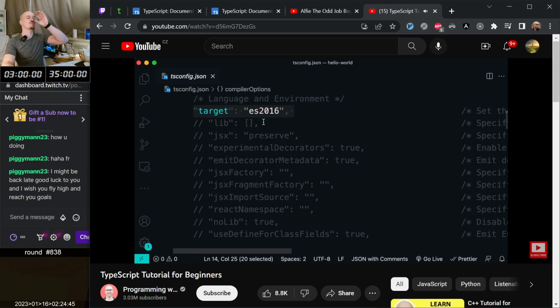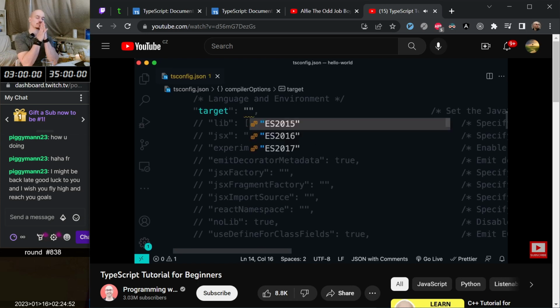Now, depending on where you want to deploy your application, you can use a higher target, and it often results in shorter and more concise code. If you remove this value and press Control and Space, you can see all valid values. So we have ES2015, 16, 17, 18, and so on. Now in this lesson, I'm going to leave this at ES2016 because